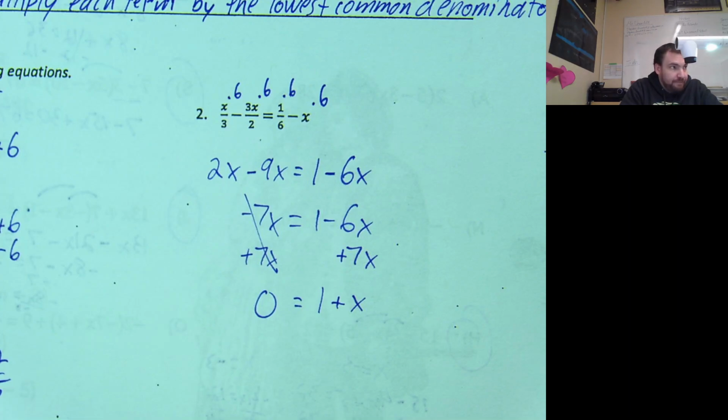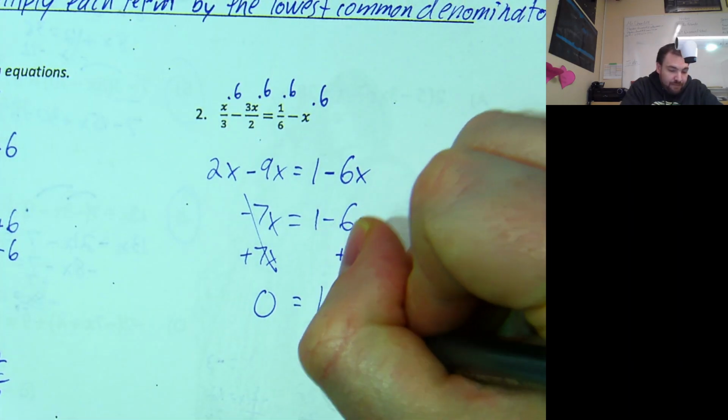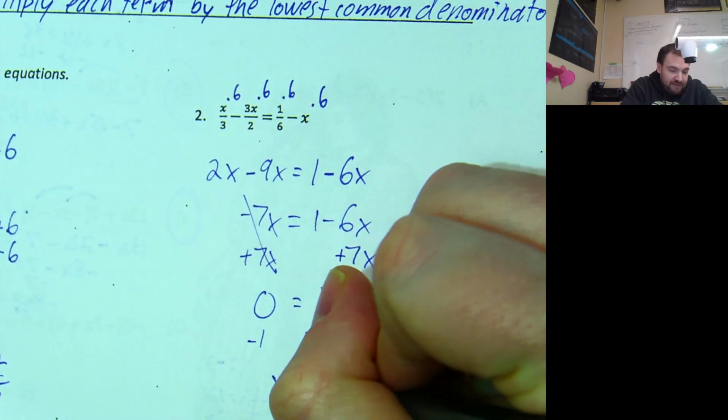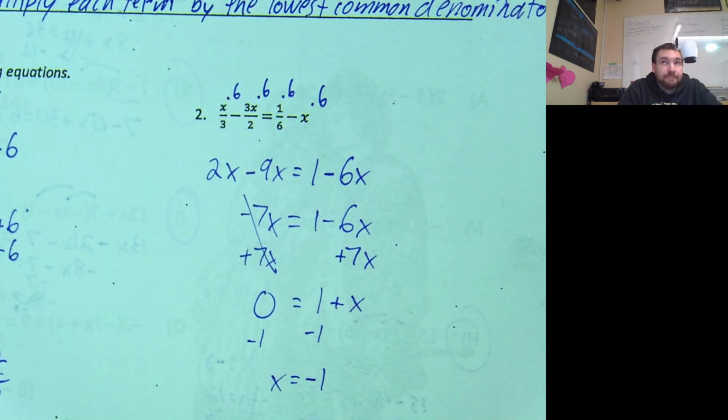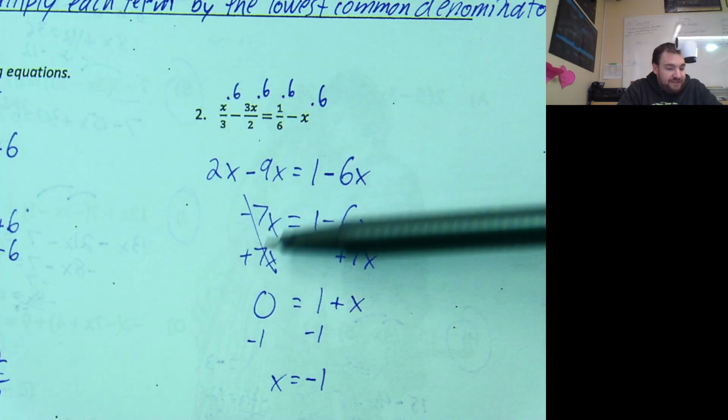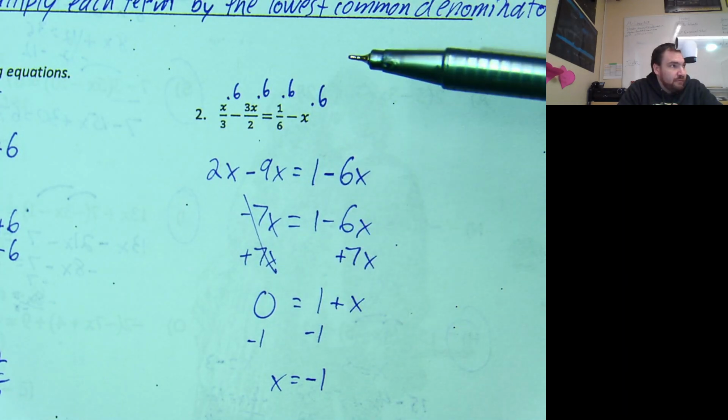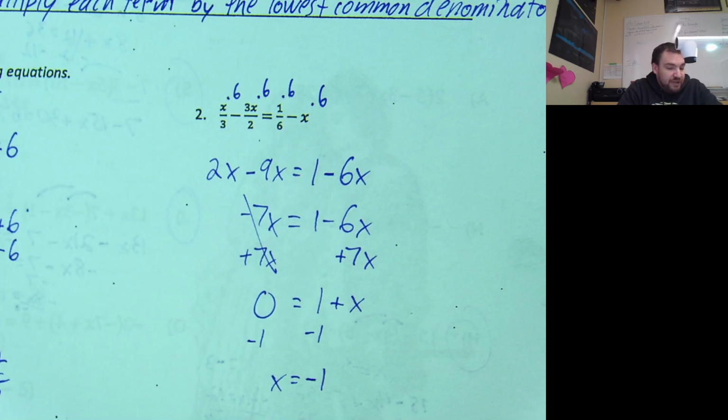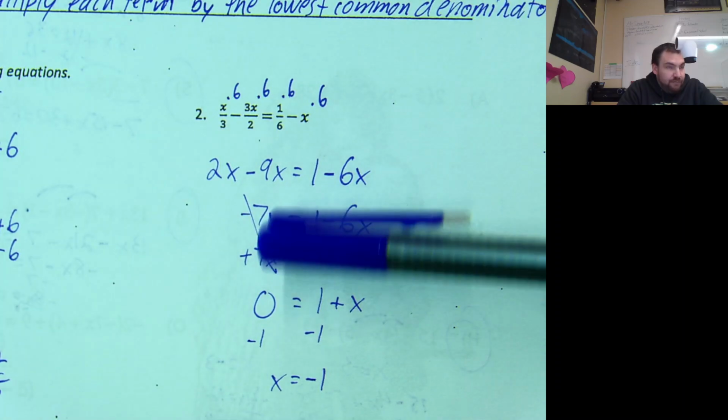Cool. And then to finish this thing off, what do I have to do? Carolyn. X equals negative 1. Cool. Comments, questions, concerns about anything that happened there? Because when you have negative 7x and you add 7x, you have 0. You actually have to put the number there. You can't have nothing written down on one side of a mathematical equation. If there's nothing there, it's 0. Always have to have something written. If you divided, then it would have been 1, but